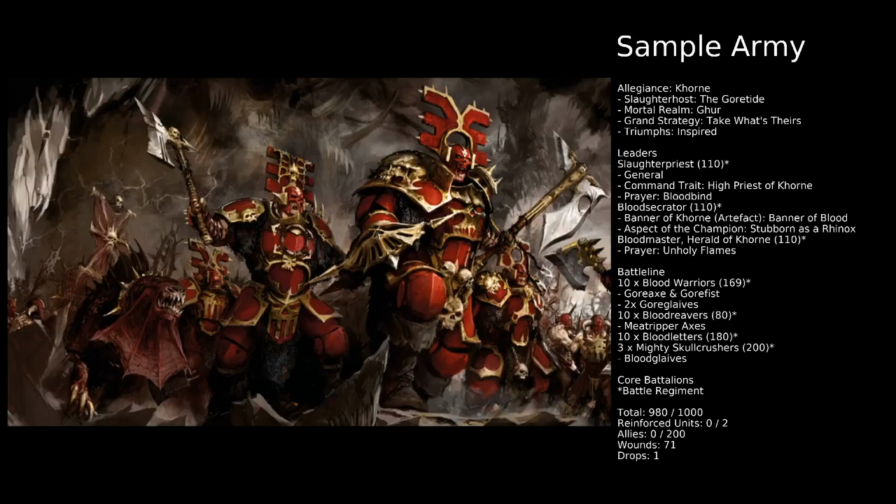And so here we have our sample army list. Now, we've gone for the Gore Tide. There are certainly some other ones I think that definitely have a place in this. Perhaps the Skullfiend tribe could be an interesting one with some of your units in here, but I think Gore Tide is just a nice sort of starting point. Now, Gur is the realm we've chosen. Take what's theirs, always a good grand strategy for Khorne. We're an army that wants to get in and do some fighting, and on a Triumph we've got +1 to wound